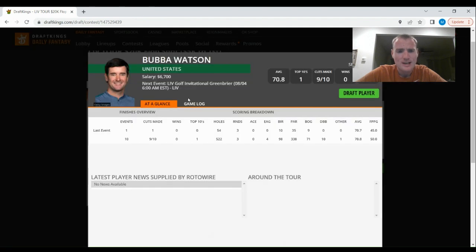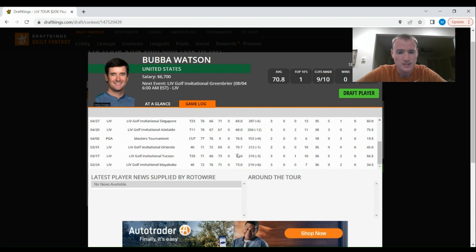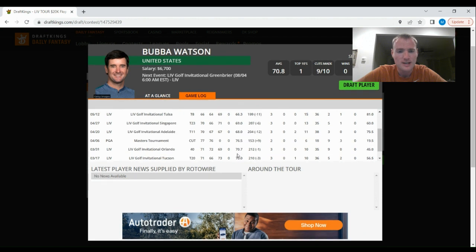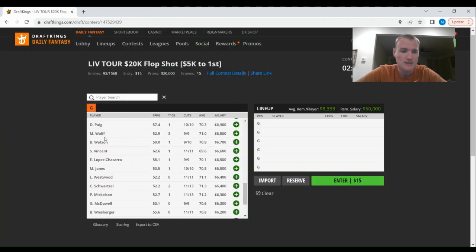Bubba Watson has not been good this season, at all. He had an 8th place finish at LIV Tulsa and 11th at LIV Adelaide. Those were his only 2 finishes inside the top 20. But he must have some kind of affinity for this golf course. If you did not know, the West Virginia area that the Greenbrier is in had extensive flooding back in 2016. They actually had to cancel the Greenbrier Classic that year. Bubba Watson personally financed a lot of the restorations to kind of help with getting this golf course back on